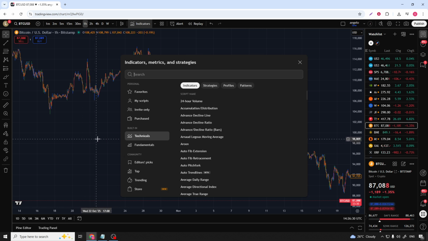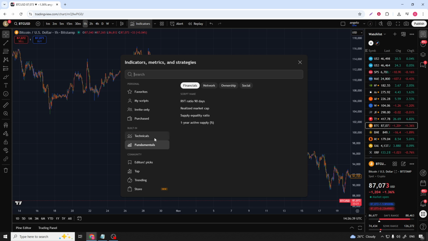When the panel opens, you'll see a few different categories. What we want is under the Fundamental section. This is where TradingView keeps data that goes beyond pure price, things like financial metrics, and in the case of crypto, on-chain stats. Click on Fundamental to expand that category so you can see everything available inside. Within the Fundamental list, there will